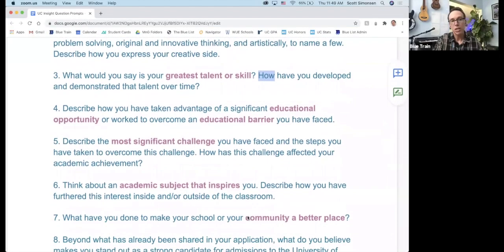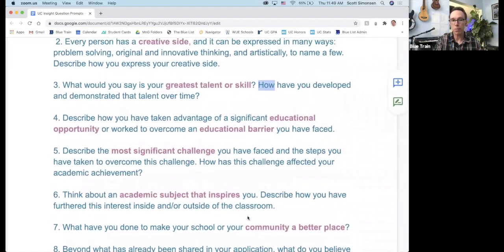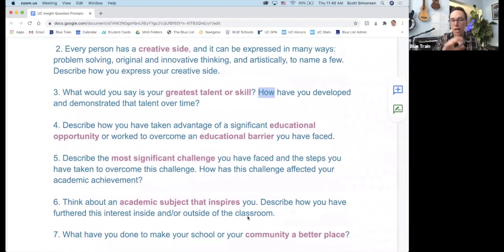It says, describe how you have taken advantage of an educational opportunity or worked to overcome an educational barrier. I would say probably, I'm going to throw this out there, that this one is more of something that we have to less inspire people to think about and warn them off of certain things. Like they're like, oh, I had ADD and then I take medication and that's my educational barrier. I'm like, that you're taking a pill to get over now? And I'm like, maybe if you're going to talk about that, maybe talk about how the pill affected you, like go deeper on that story.